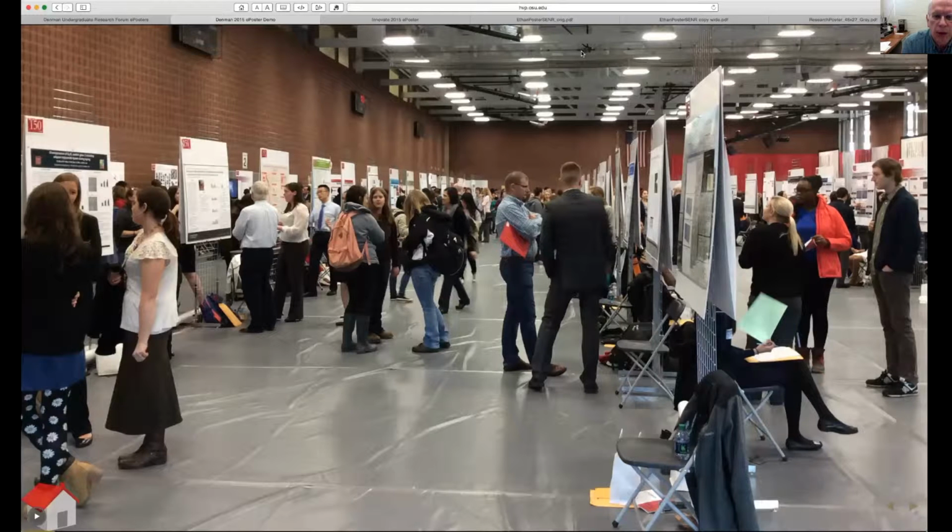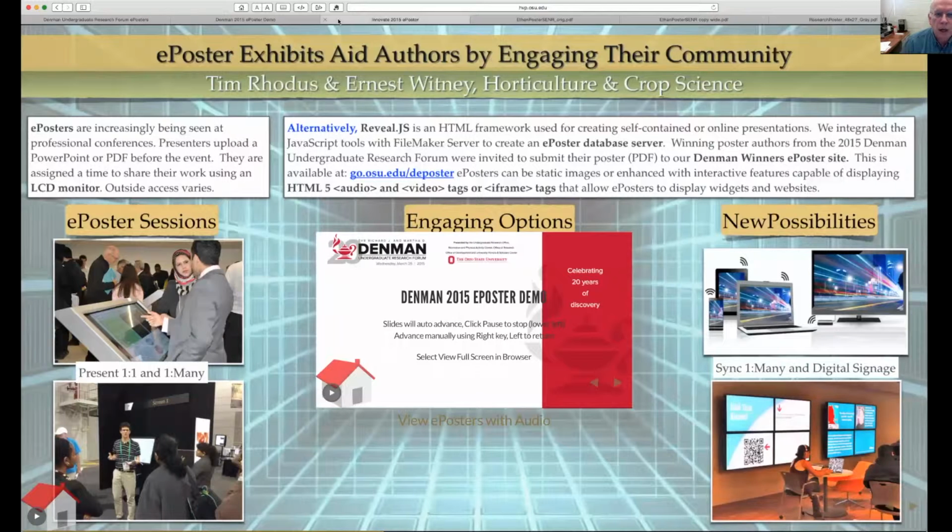So you'll save the time and effort to generate a paper printout. What you'll do is to create a PDF export of your poster. Now that export will be uploaded to our system. You can email it to me, but I'll give you a link address for directly uploading once it's in a 16:9 format. So this was the e-poster that I presented at Innovate last year, the conference in May